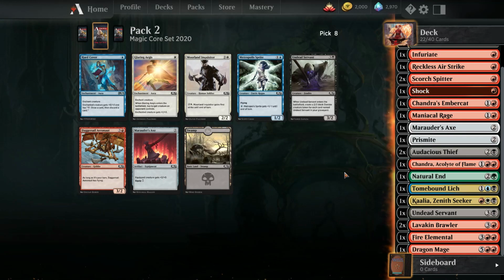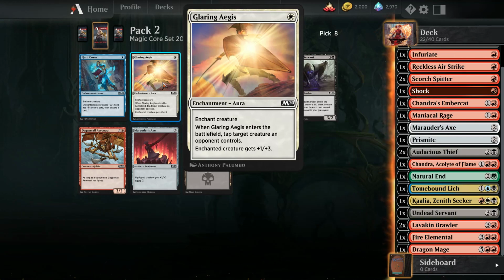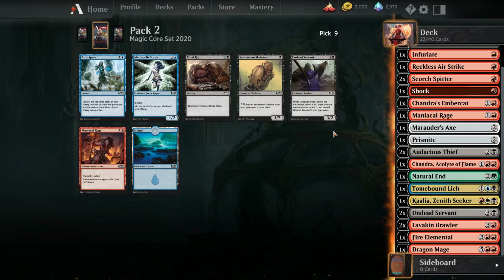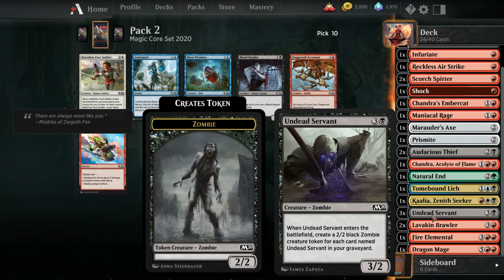I don't know if I missed one. It's possible. Hardcover's decent. A lot of these things are decent. I actually quite like Glaring Aegis. But no, let's grab that. See if we can get some more Undead Servants. There's another one. Mind Rot's pretty good. The Skeleton's probably decent, but, you know, because, yeah, the more we have...